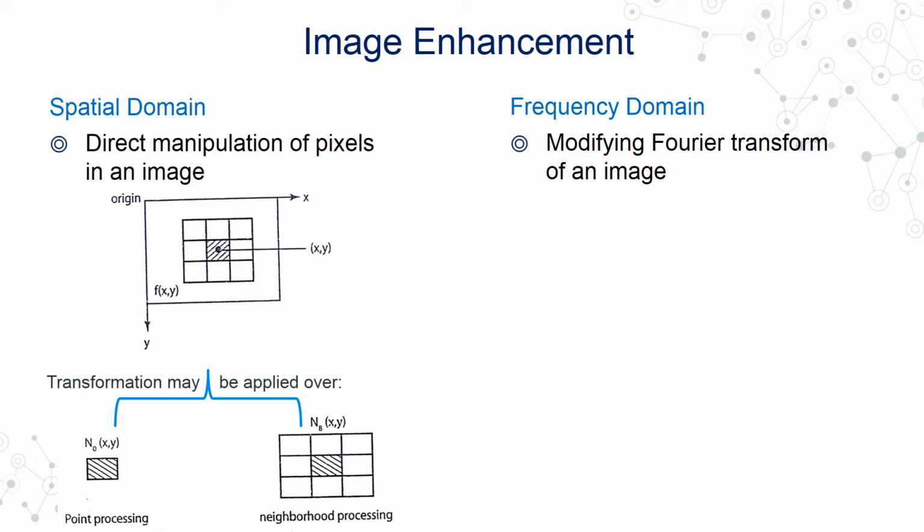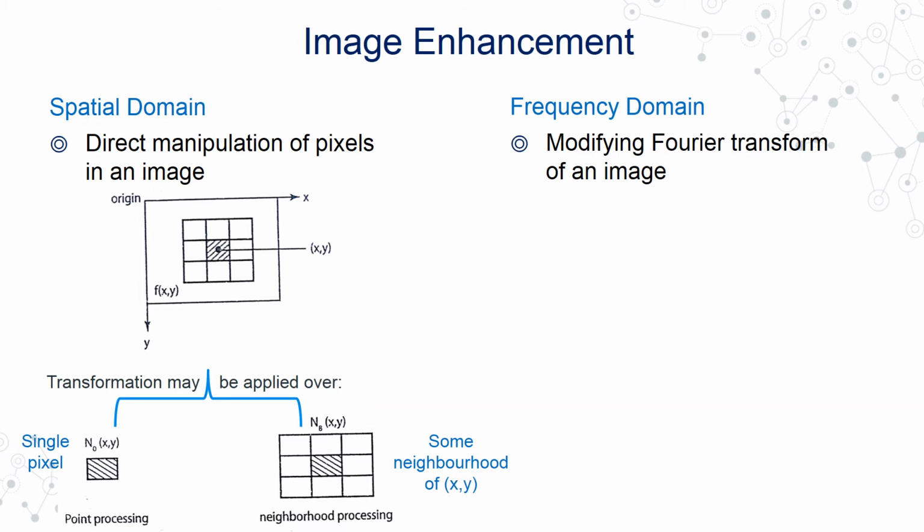One, either you do point processing where you directly do transformation on the pixel itself, or the other, you work on the neighbors of the pixel and then you try to apply the combined transform through the neighbors on the pixel that you want to work on. So that is neighborhood processing. And so far we had studied single pixel transforms like image negative, power law transformation, log transformation.